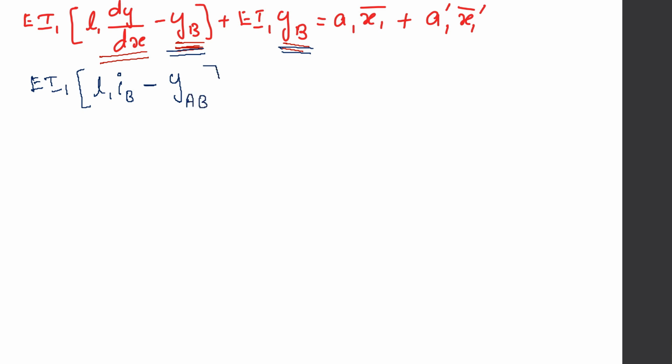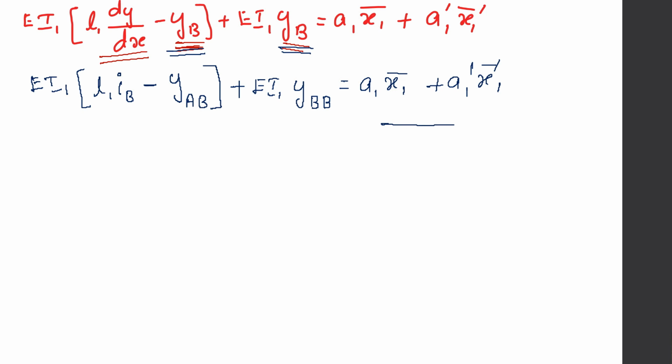We are measuring it from A plus EI1 into, this is the deflection at B with respect to B, is equal to A1 x1 bar plus A1 dash x1 dash bar. Now see, how will we take the deflection? So we know ours is, we are taking the span AB, fixed span ABC,